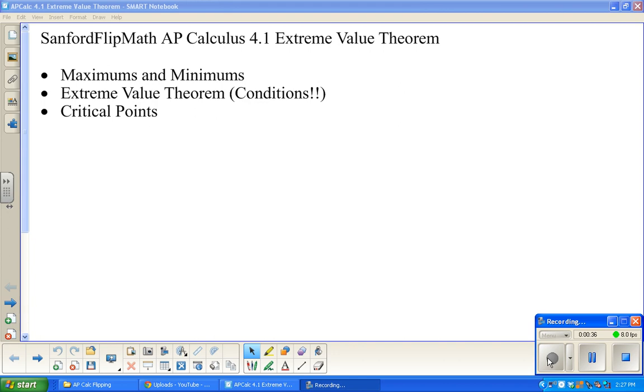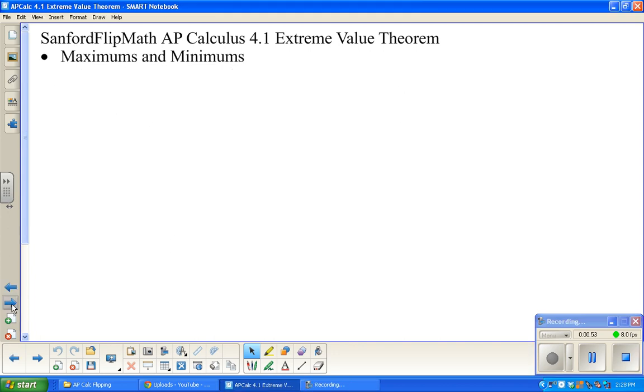What we're going to take a look at in section 4.1 is specifically something called the extreme value theorem, which is about extreme values. Isn't that clever? Maximums and minimums, and then how we can find them and how we can use calculus to do that. Okay, so maximums and minimums, just a quick reminder that there are really a couple of kinds of